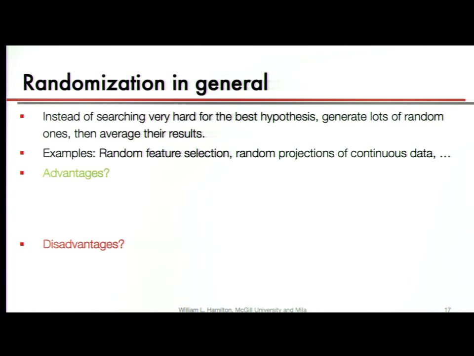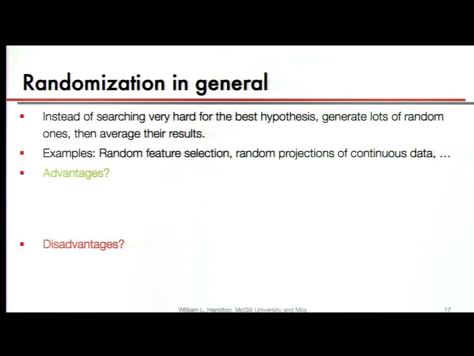So in general, this bootstrap aggregation and these random trees are instantiations of ensembling via randomization. Randomization might seem like a weird thing to do, but it's actually something that works reasonably well in machine learning. Here we talked about randomization in terms of bootstrap sampling and also random choices for our tests in decision trees.